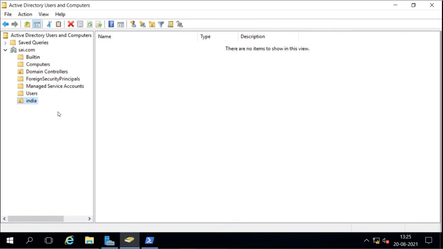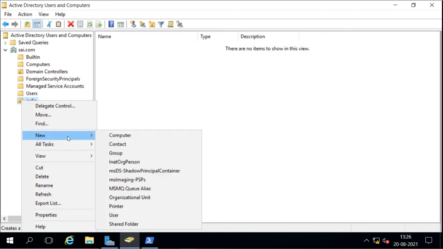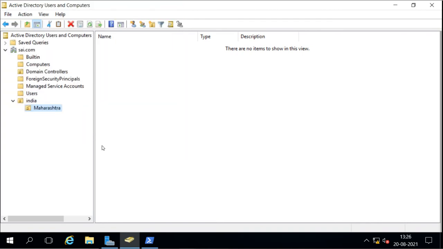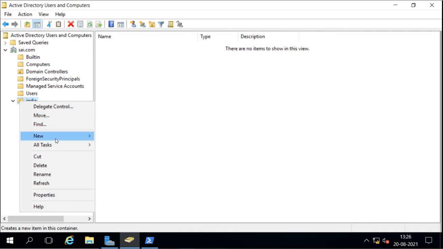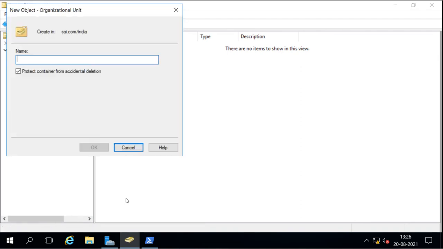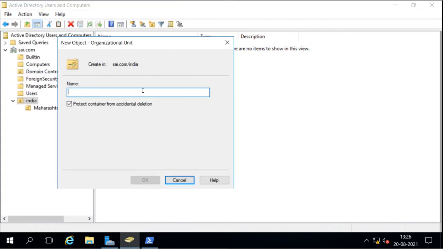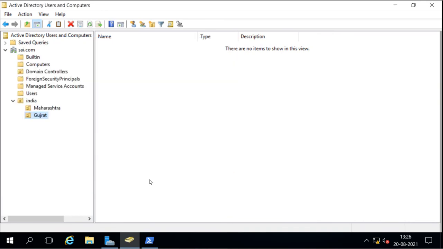Now we can create child OUs also, sub OUs. Inside OU one we can create other OUs. I want to create one more OU here, so I select this and create a new OU. This OU I will create location based. This is for Maharashtra. Then I have one more OU under this, for Gujarat.